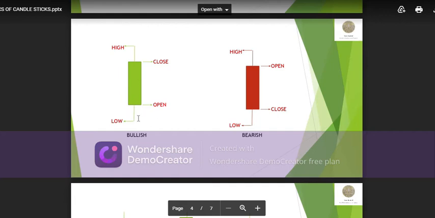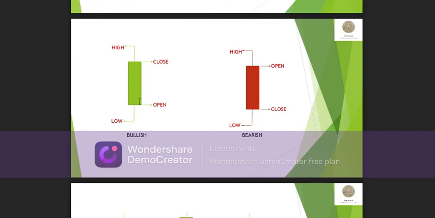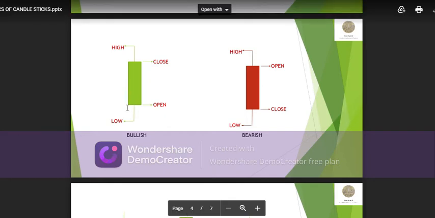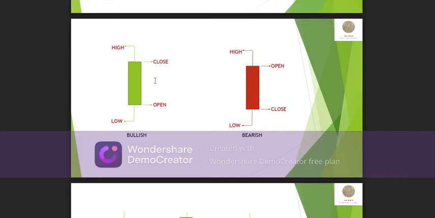It also goes to the very low. So there are two extremes besides where it opens and closes. One is the lowest value the stock went to, and the top wick is the highest value the stock price went to. The delta between open and close is positive. Open is lower, close is higher. So you get some good benefit if you have this candlestick.